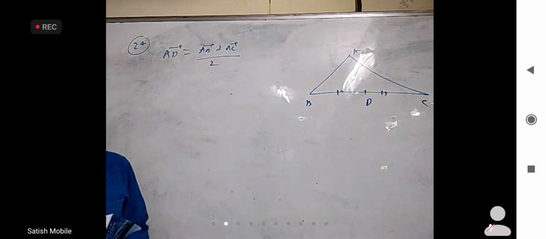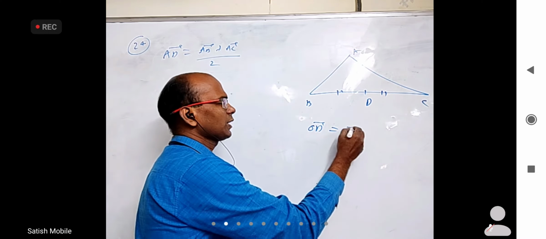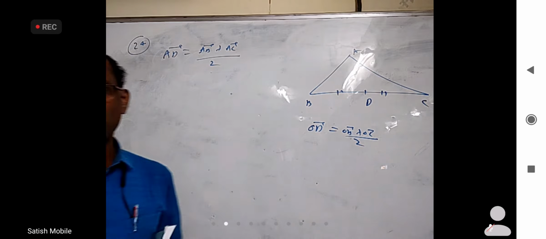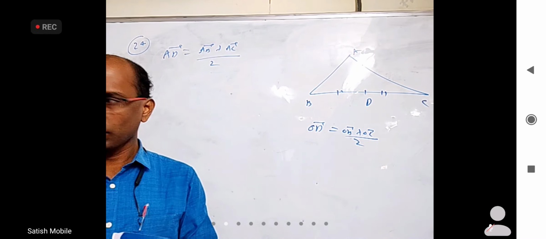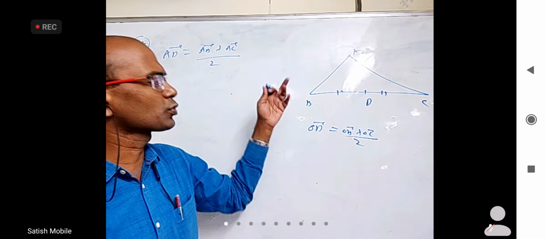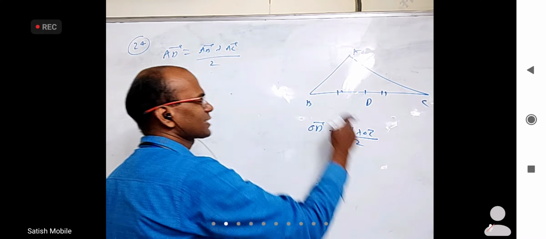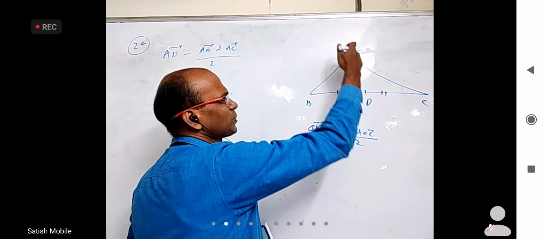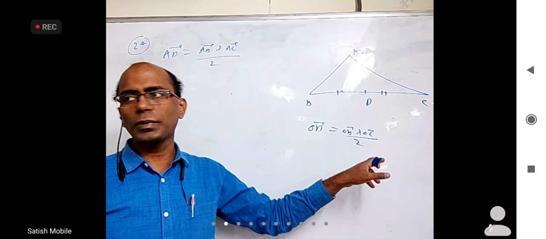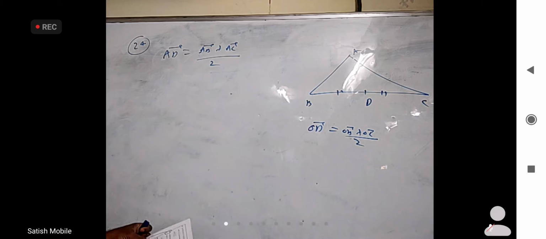Because we have a midpoint formula, OD bar can be written as (OB plus OC) by 2, right? O is just a point only. We can call anything as origin, right? It is after all relative. So if it is true for O, it is true for every point. Wherever O is there, you can write A also. In fact, if we construct the parallelogram, AB bar plus AC bar is the full diagonal, and AD is exactly half of that. So somebody can directly use this.